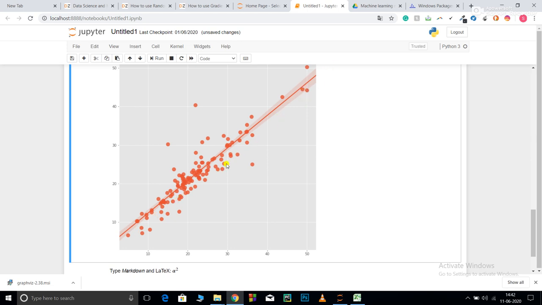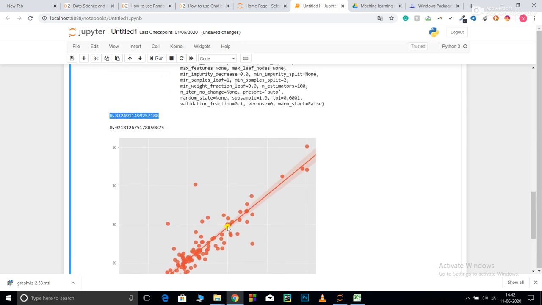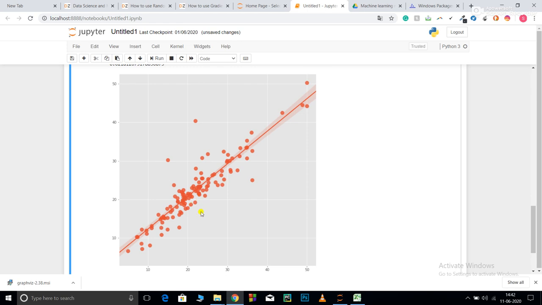The R2 score, that is this score, is based on the square of the distance between what we get on the line and these points. These are all very low as the points are very close to my line. So basically it fits well using the linear regression model. So this is the best fit line.